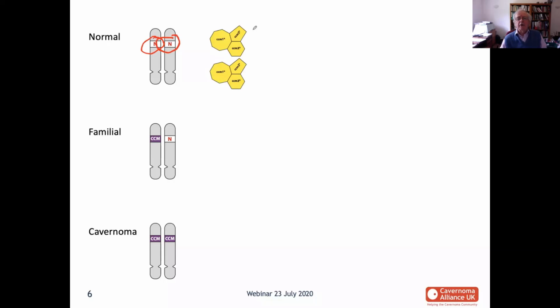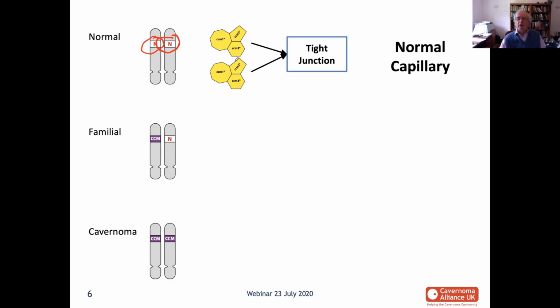And so each of those gives rise to this complex of proteins, and so the cell has got lots of these complex of proteins in them. And those proteins give rise to, they aren't the tight junction themselves, but there's a sequence of reactions that comes along here that gives rise to a tight junction. In other words, you have to have this complex to get a tight junction,